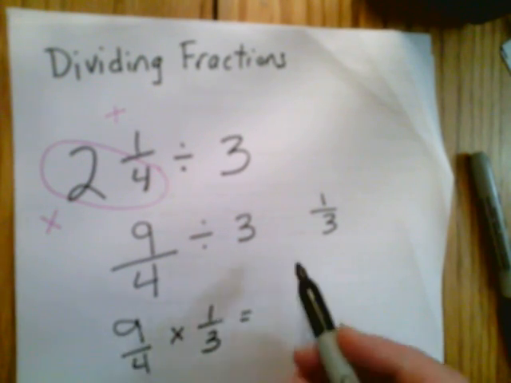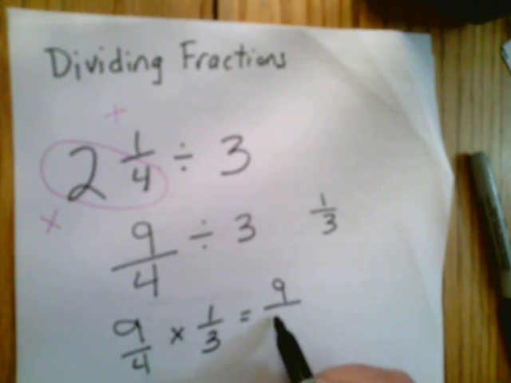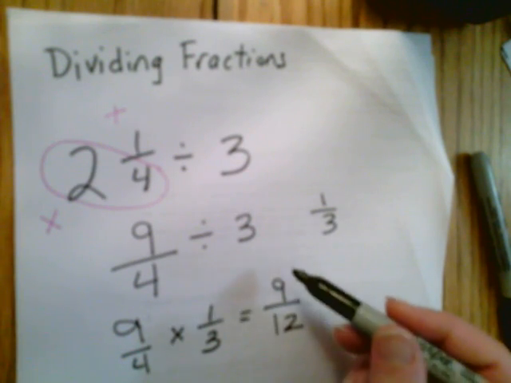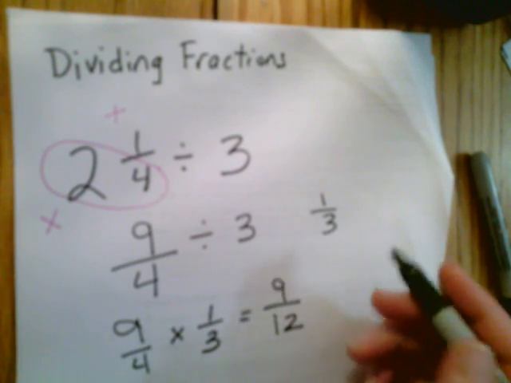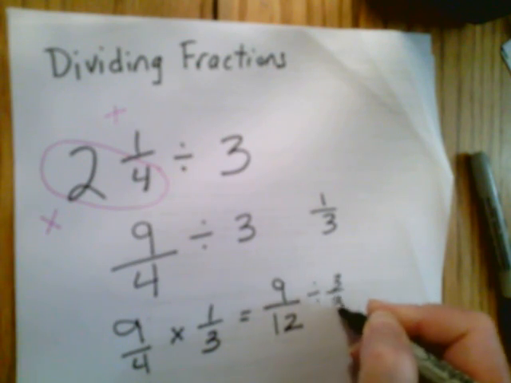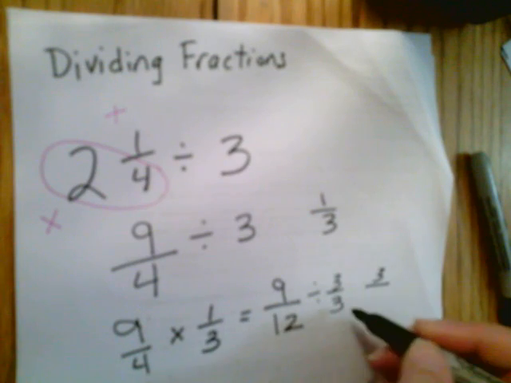We have 9 times 1 is 9, 4 times 3 is 12, and I can see that I can reduce my answer by 3. 9 divided by 3 is 3, 12 divided by 3 is